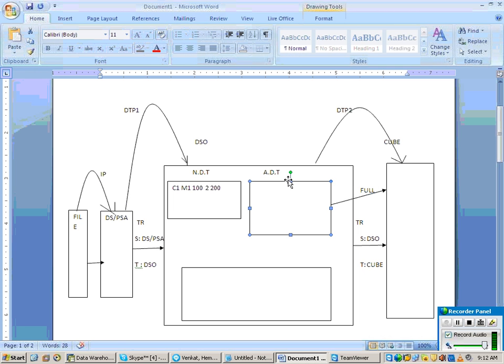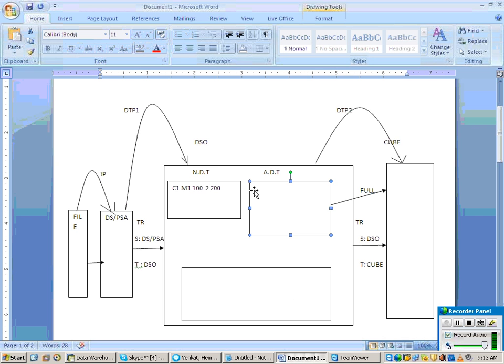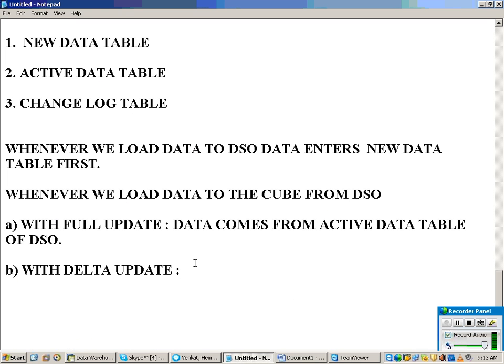But if you select delta update in this DTP2, data comes from the change log table of the DSO.